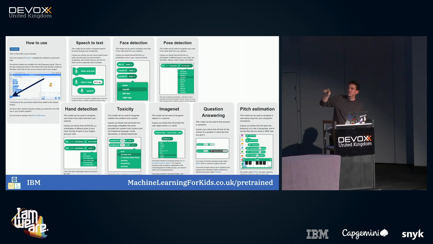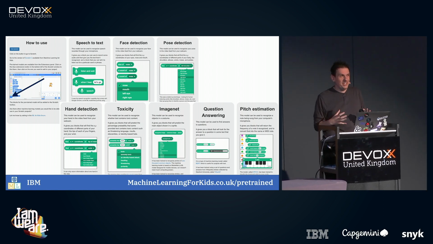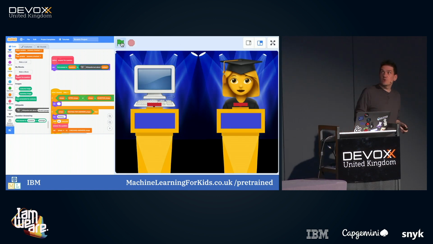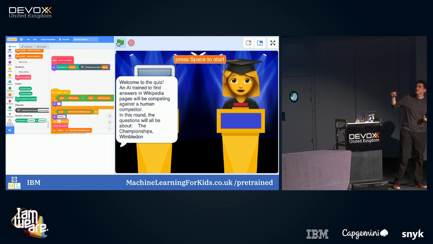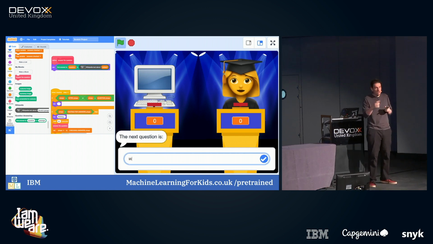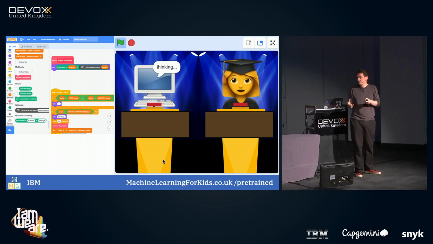Another interesting model is a question answering model. Now, this one's a little bit huge. It needs quite a fast computer to run, but if you can get it working, you can get it doing question answering. So you can get the text from a Wikipedia page of their choice, and then they can ask questions, and this machine learning model will look for answers to that question in the text that you give it.